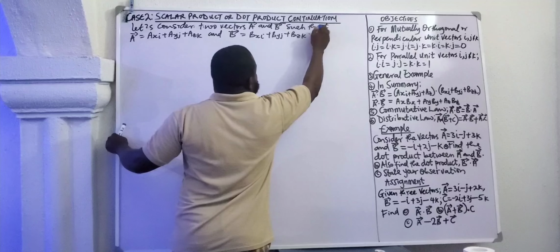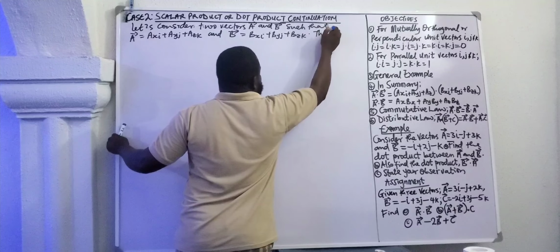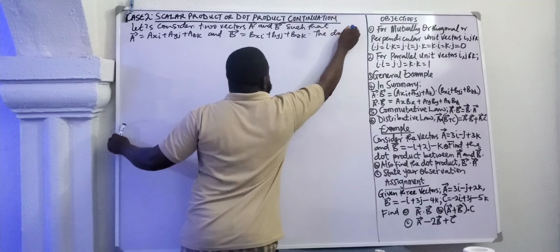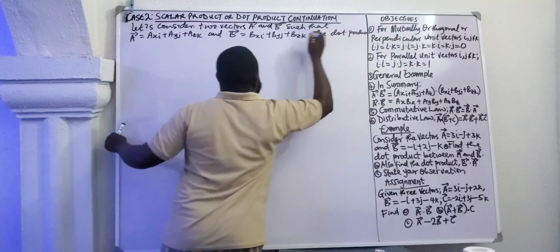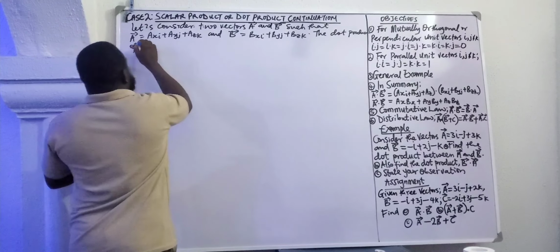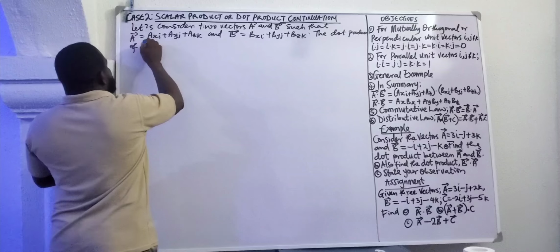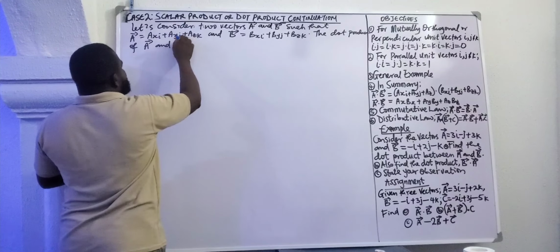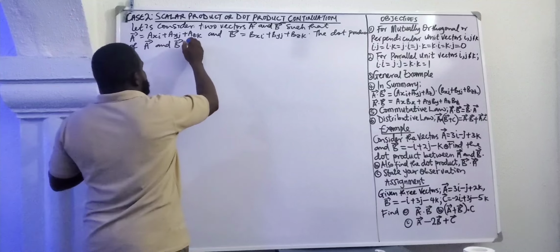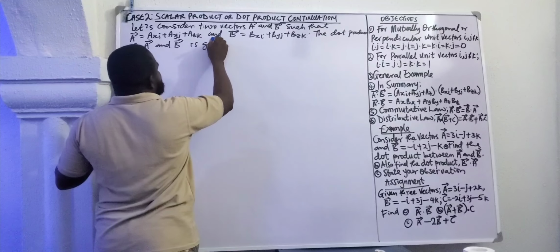Then the dot product or scalar product of vector A and vector B is given as,